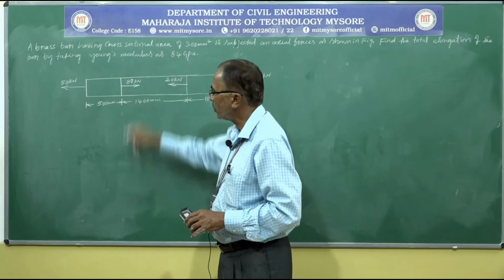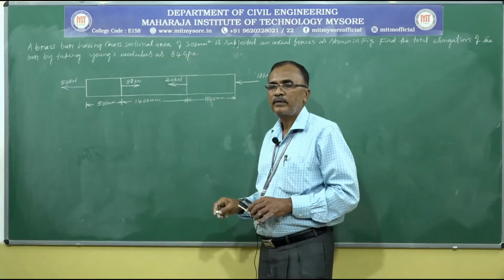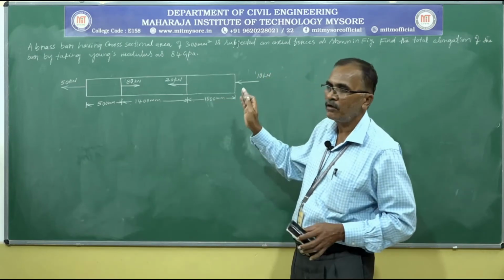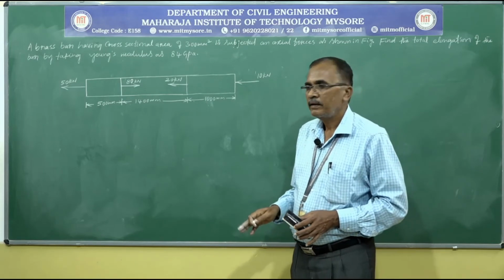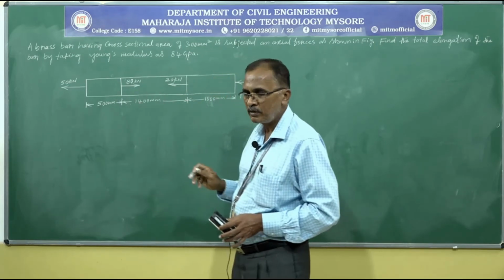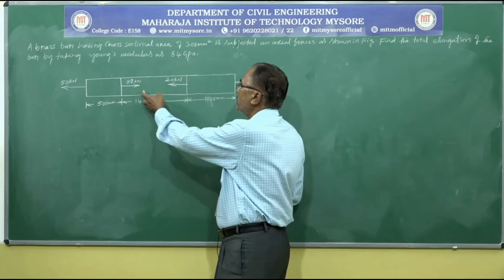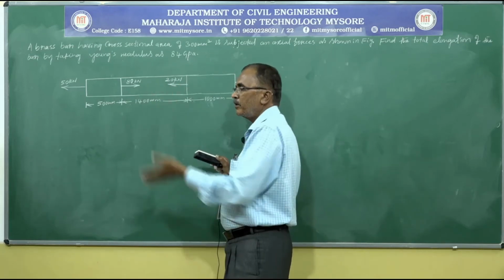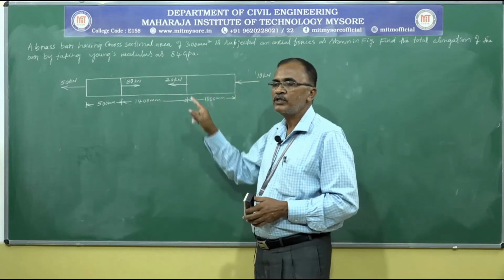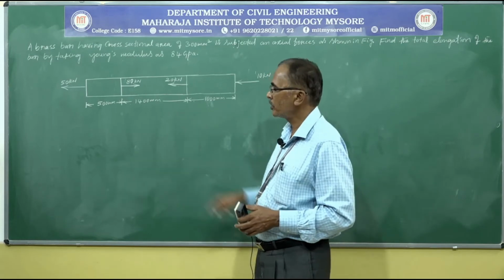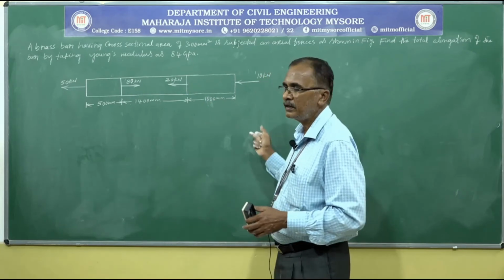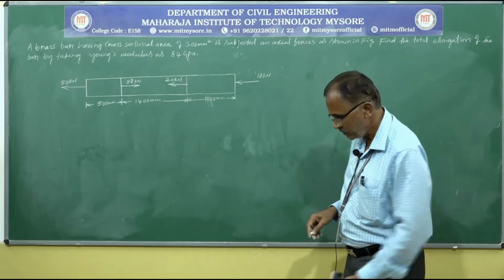For that, we have to draw the free body diagram of the bar by separating different portions. Then we have to check the equilibrium conditions of the different portions. Next, we decide the actual load acting on the different portions. Usually there is alteration of the intermediate loads, that we will do. Then finally, depending upon the nature of the loads on the portion, we write the expressions for the total change in length: delta L is equal to delta L1 plus delta L2 plus delta L3. There we consider suitable sign conventions.